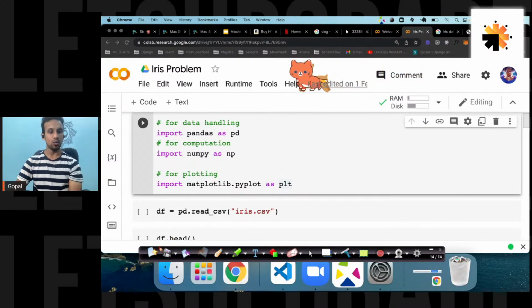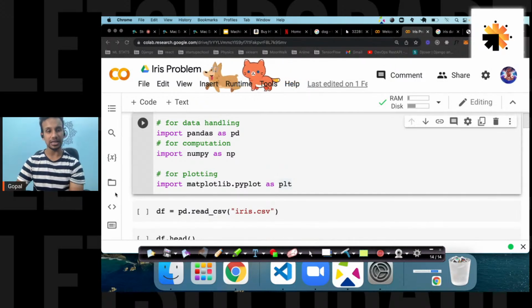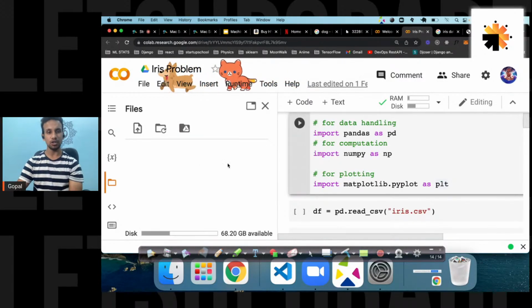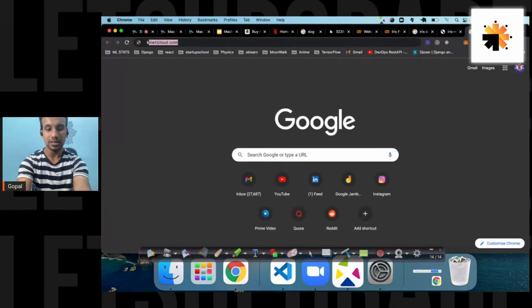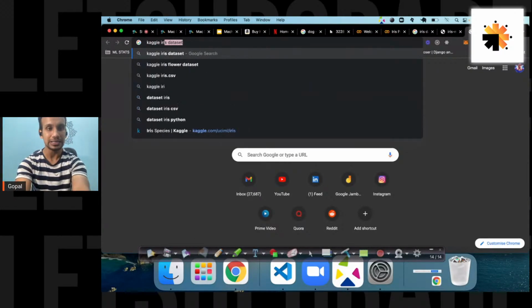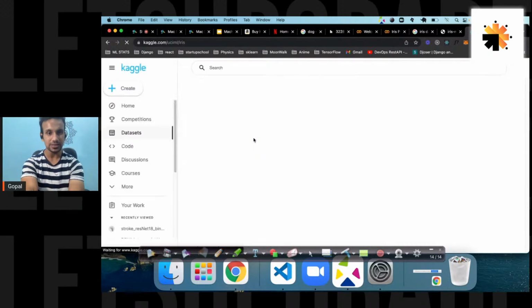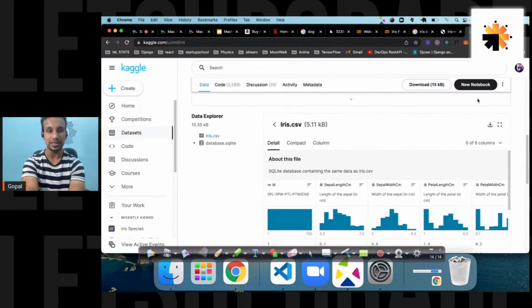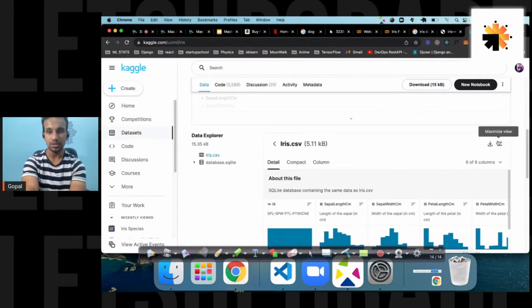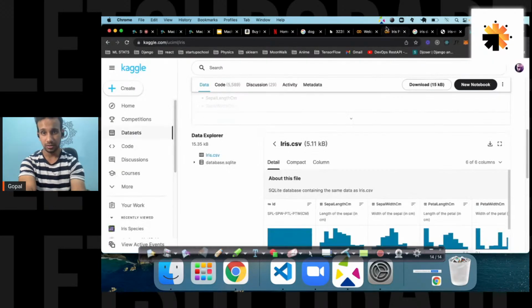Now I am just reading the data. So how exactly can you read the data? Just search for the Kaggle iris data set. Go to the link, iris species, and first you need to sign in. Just click on the download button and download it.